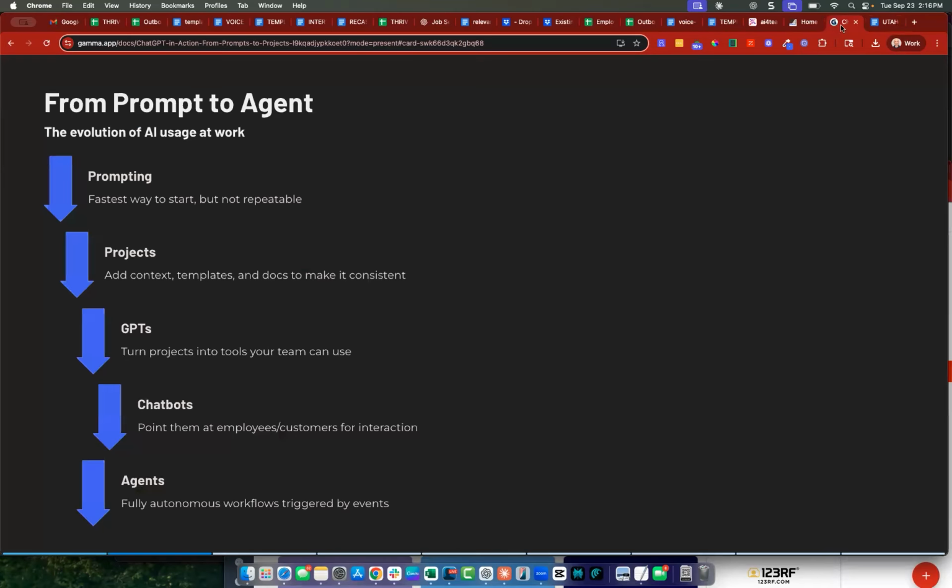I would use that if I was hanging on a website or something like that. And then finally, agents. This is where we get to in the future. There are agents out there. We use agents. You're going to see them start showing up. I know Workday's got some agent stuff. An agent is something that is triggered maybe by you, maybe not, and runs all on its own and finishes